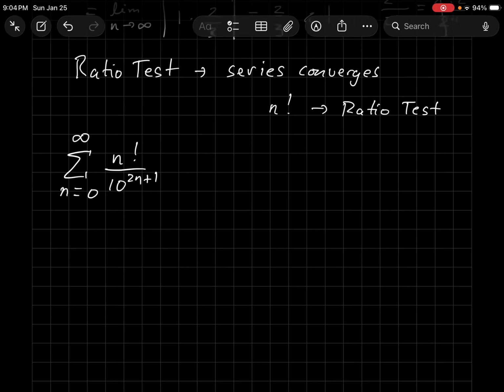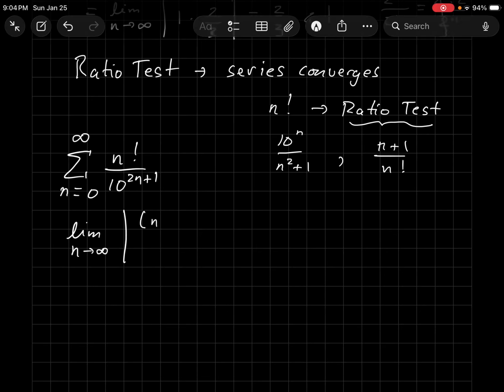Anytime I have a combination of functions like exponential with polynomial or polynomial with factorial, although that's already a clue, but anytime I have a combination of types of functions, I think ratio test. So let's do the ratio test, which says let's do the limit as n goes to infinity